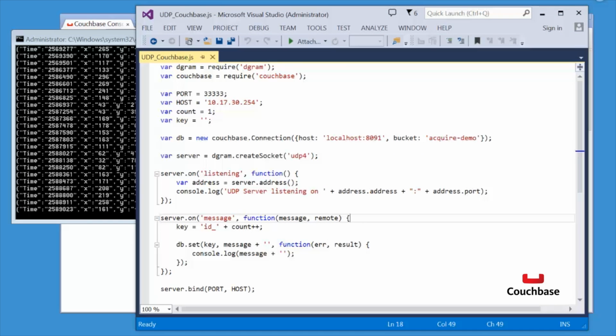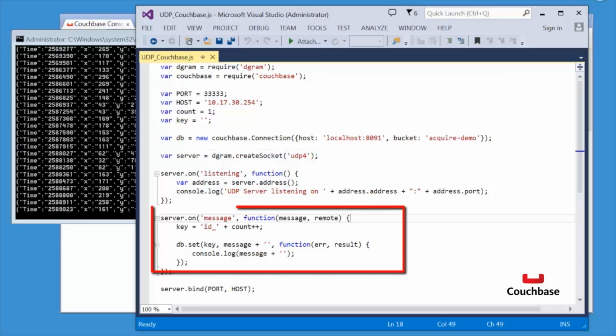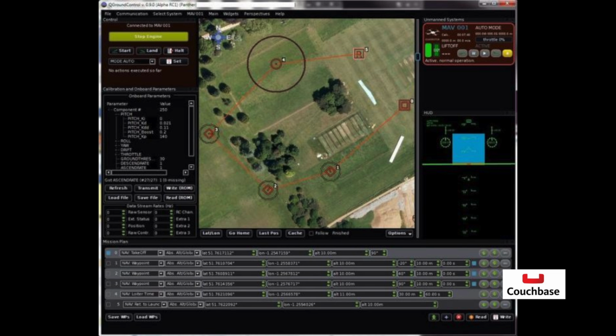Here I have the source code for the Node.js application. We have a couple of requires, set some variables, then we make the Couchbase connection. Then when the UDP message comes in, we write the key value to Couchbase. With the positional data